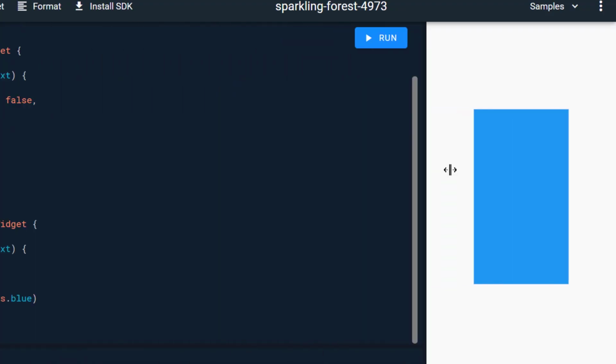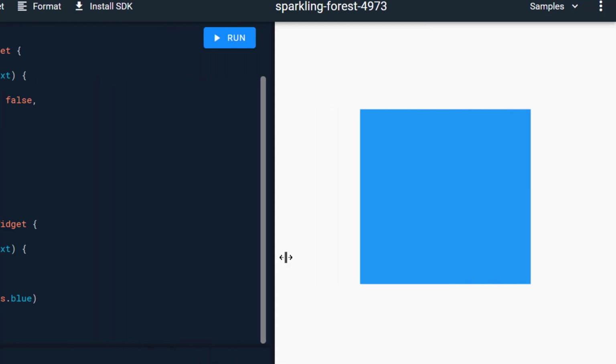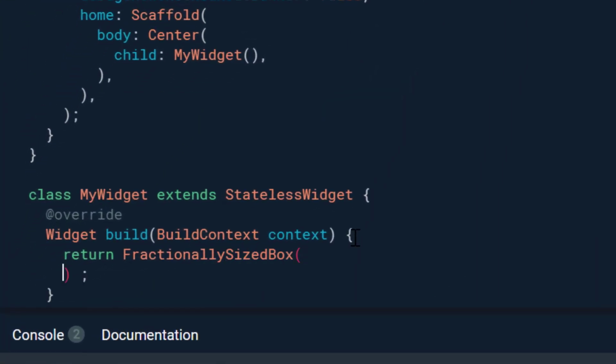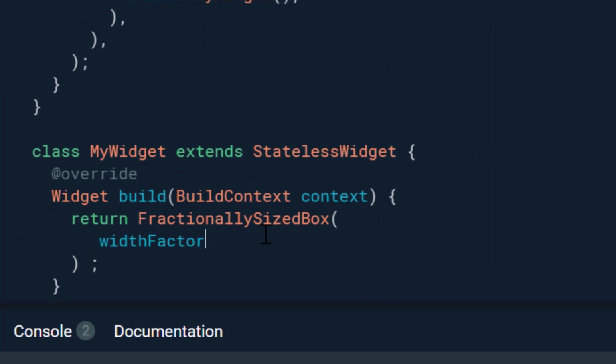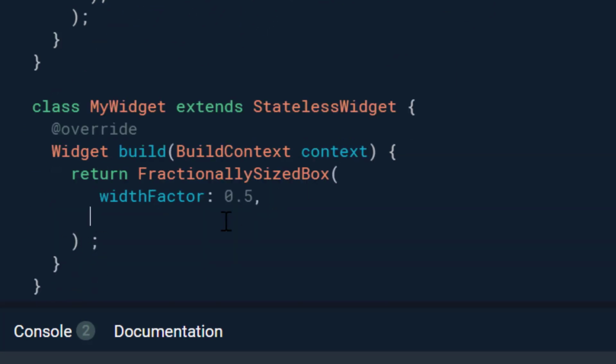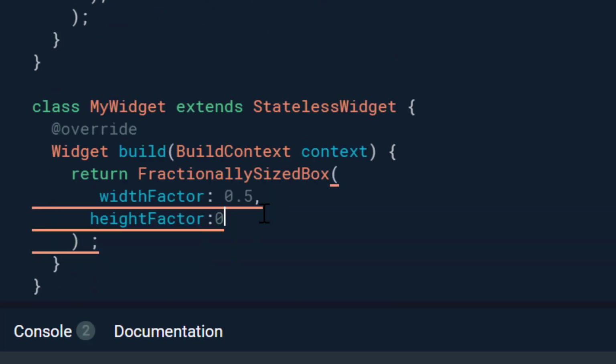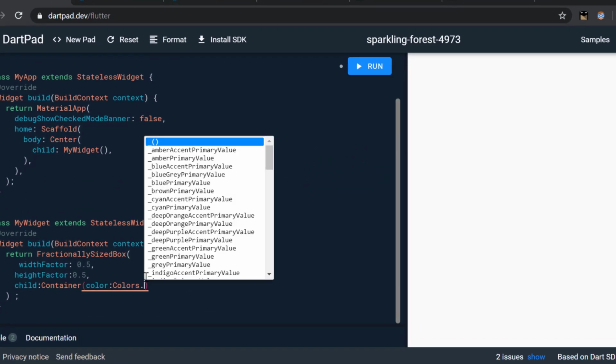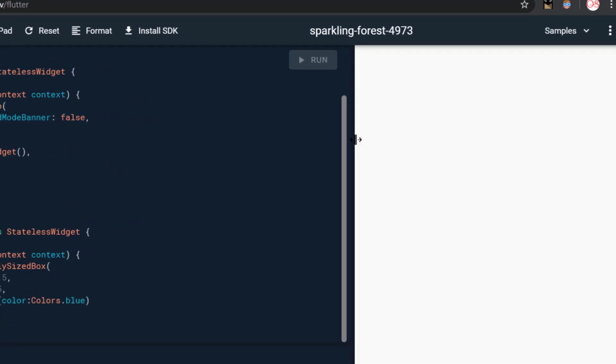Ever wanted the widget to have height and width exactly in the same proportion to its screen's height and width? So here you can use FractionallySizedBox, which is built exactly for that use case. Just give it the fraction you need for your height and width and it will handle everything for you. The fraction value will range between 0.0 to 1.0.